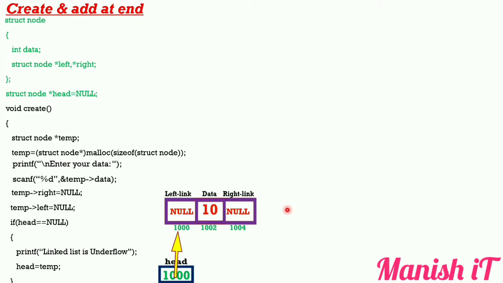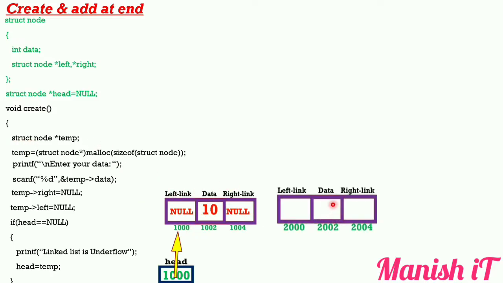suppose that whenever you call this create function, every line up to here is executed accordingly. Whatever is happening here, one memory block is created, and at that time head, like a created head pointer, stores the base address of this node. So what is this node's base address? 2000. So 2000 is stored, and it starts pointing here. After this, the user gives one value after this statement, suppose 20, and after this it is initialized with null.